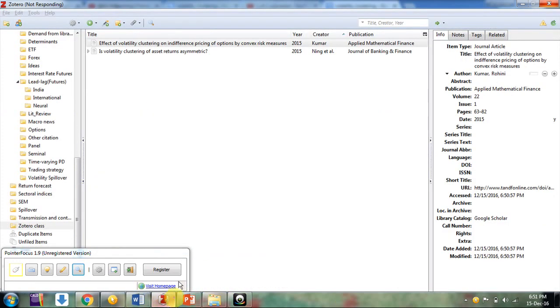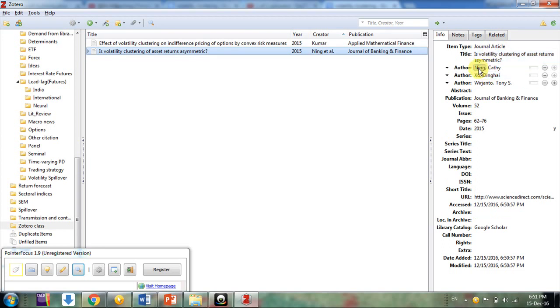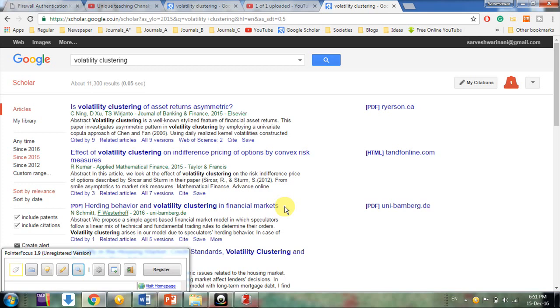We go to Zotero, to the active folder. These two papers are here with their metadata. Here is the title of the paper, and the authors, in perfect order. Publication, journal, volume, issue, pages, all the metadata would go there in a second. Here it was 10 papers, it could be 50 also. Within a second, you can add 50 papers with PDFs if they are subscribed by your library. Imagine, it's very fast. It could save you a lot of time, my friends, and that could be used in writing different papers.